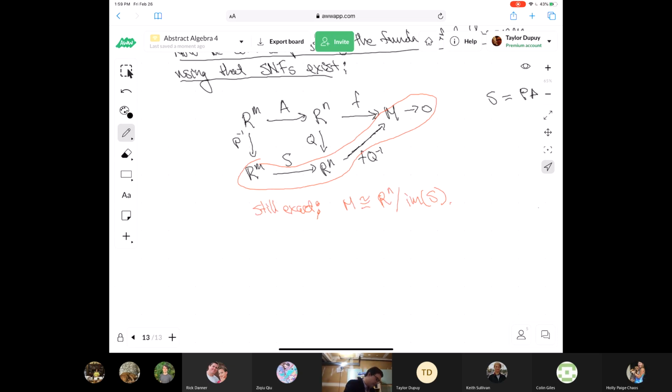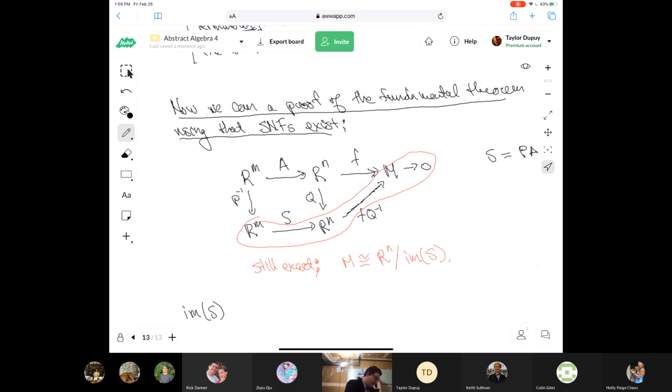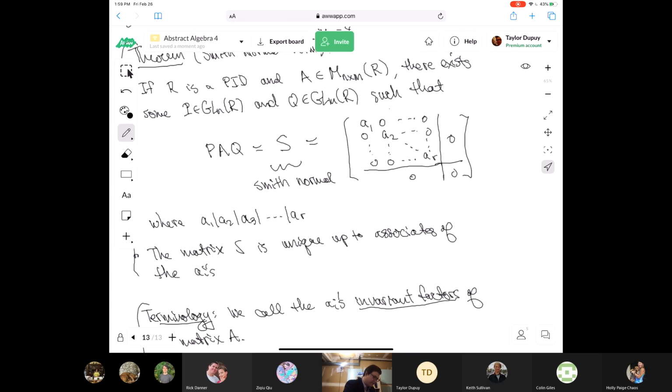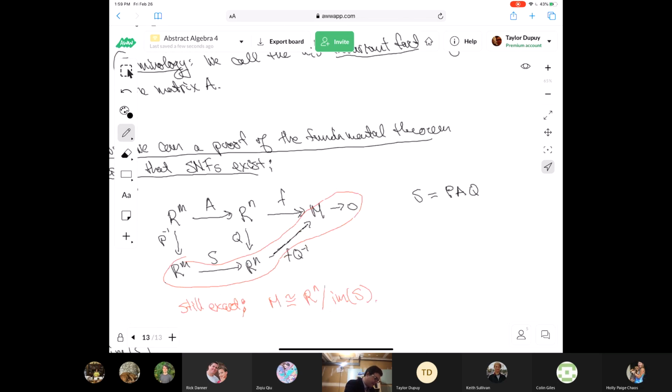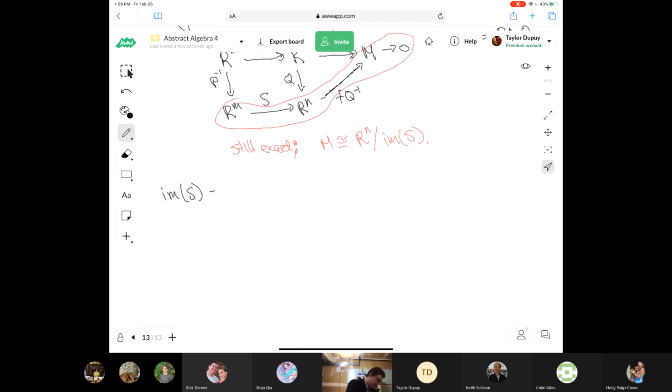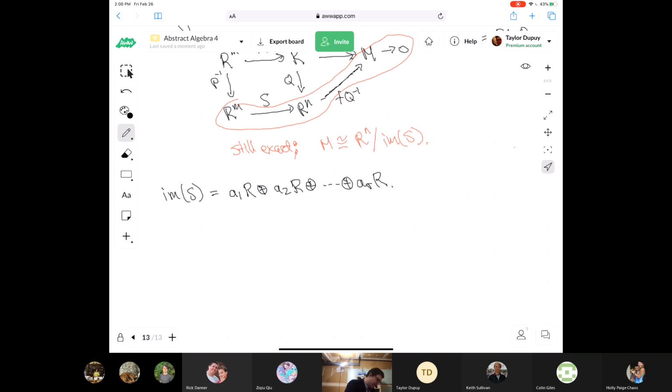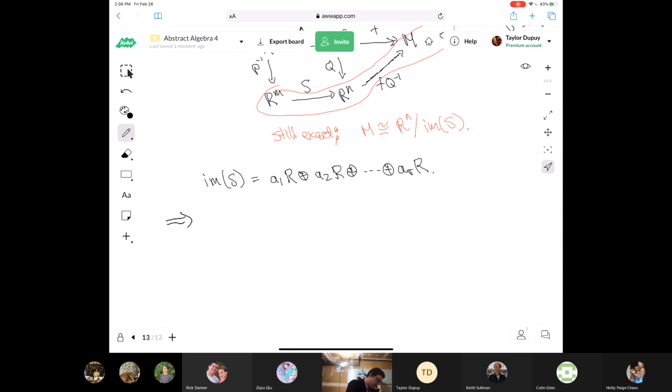Using this form, the image of S looks like the stuff on the diagonal: A1 R direct sum A2 R direct sum, up to AR R. So if we take this quotient, R to the N modulo the image of S,